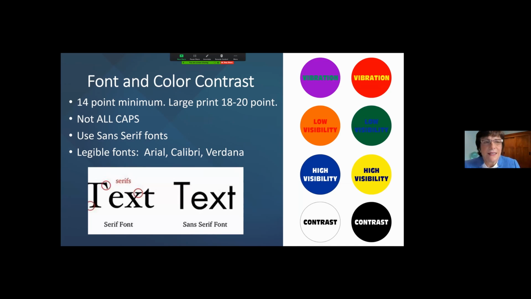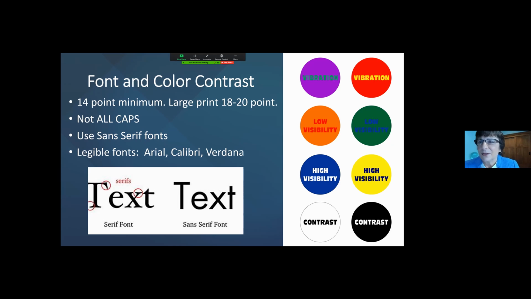All right, you can see this one for yourself. For those who are not colorblind, and I'm not assuming anything, some of you may be colorblind. The color combinations with high visibility are the black on yellow. Whenever I'm writing copy for promotional material, I don't use white lettering on black background. The contrast is not as readable as having black lettering on white background. And you can see there's some vibration in some of the color combinations, some low visibility in some of the others.